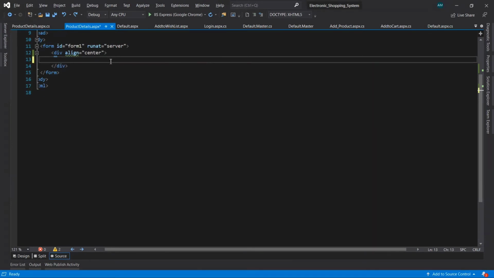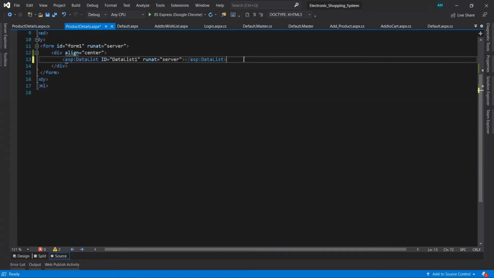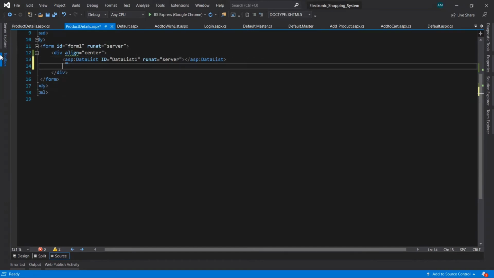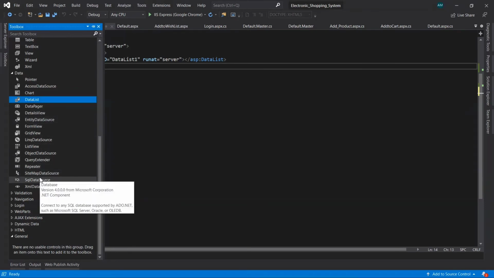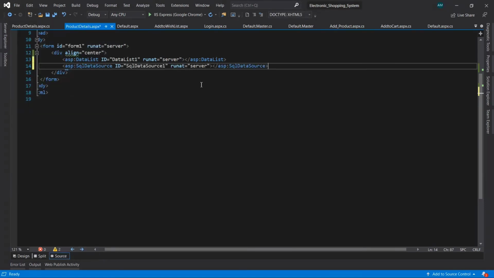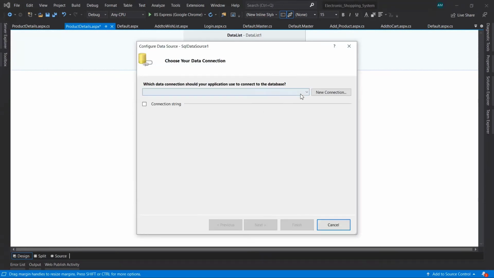So I've removed all the content from the product details page. Now again I'm going to take the data list control. After that I'm going to take the SQL data source. Go to the design page, configure data source for SQL data source.